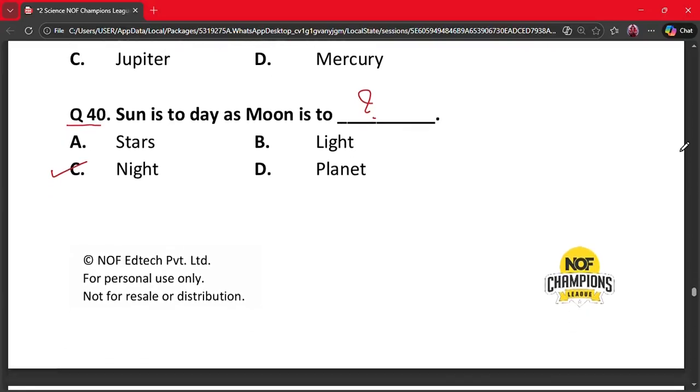So students, great job. You have completed sample paper 3 with full understanding. Keep practicing and stay confident. See you in the next sample paper. Till then, all the best.